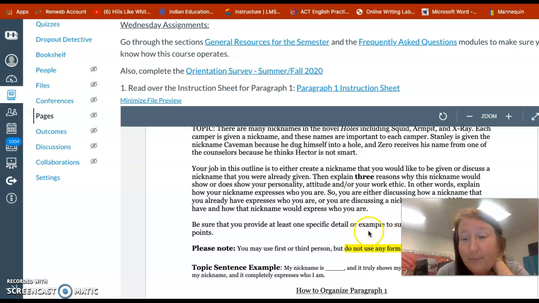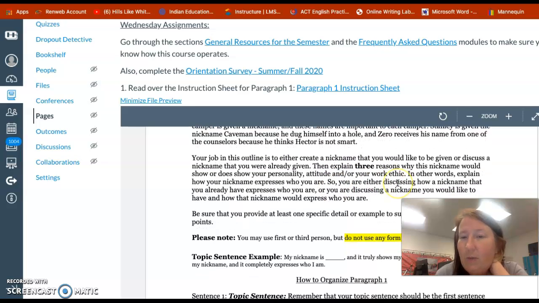That's just an example. You're going to explain 3 reasons why this nickname would show or does show your personality. You can pretend it's one you've had since birth if you want to. You don't have to tell me that it's made up. That's just so I don't get an email that says I don't have a nickname. You can make one up and pretend.